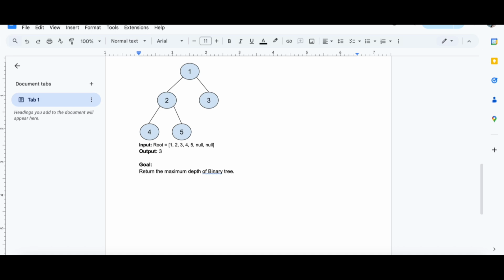Actually, to solve the maximum depth, we can use DFS or BFS, but it is more suitable to use BFS. Why? Because BFS will help us track the depth level by level.